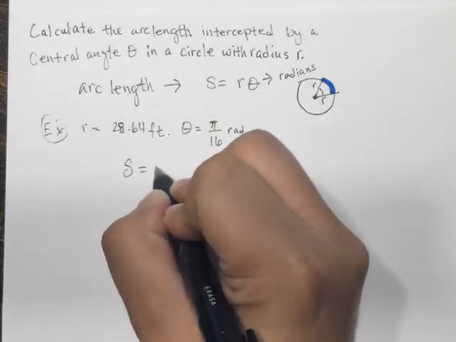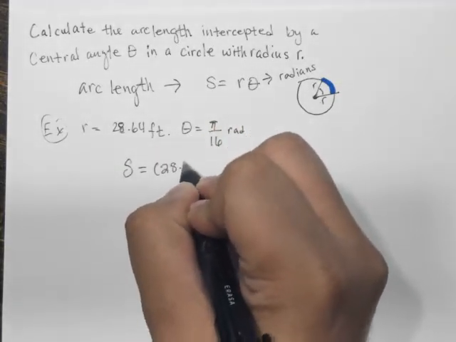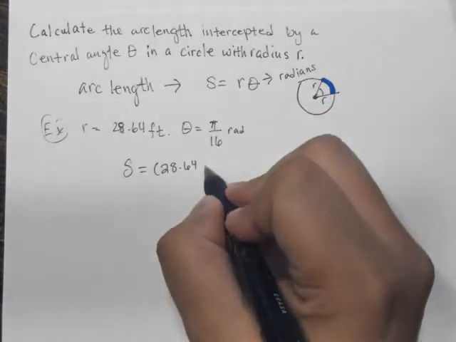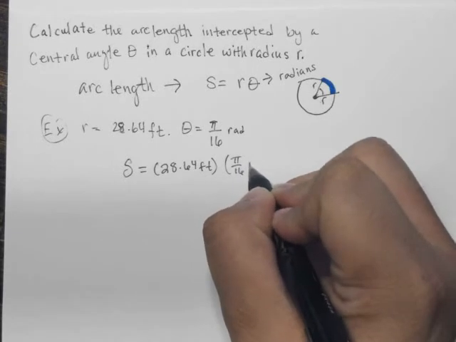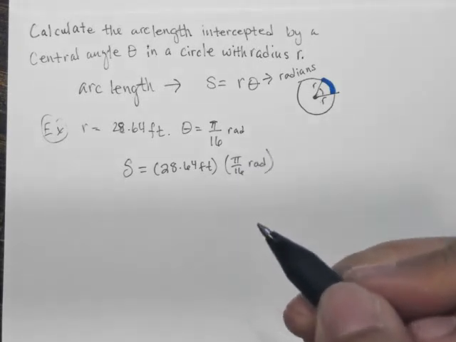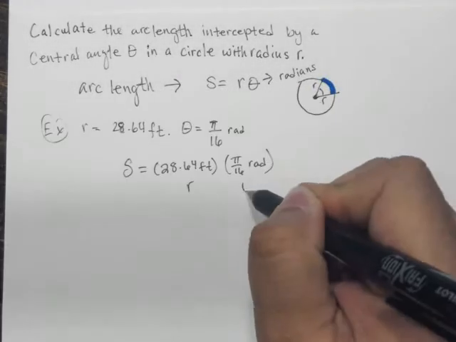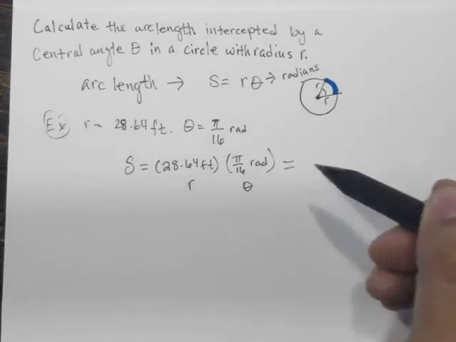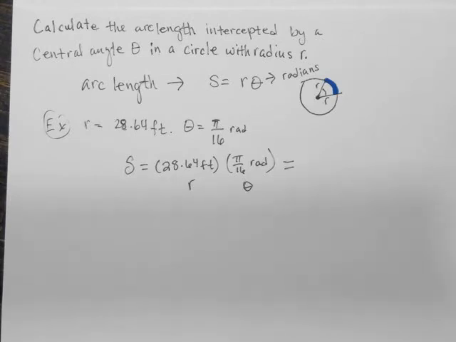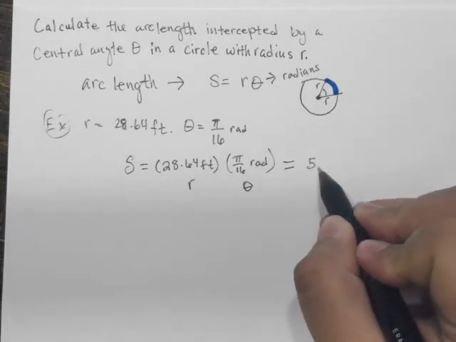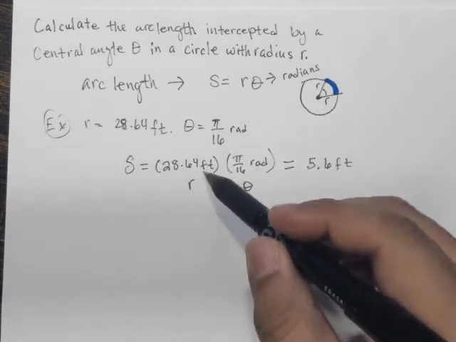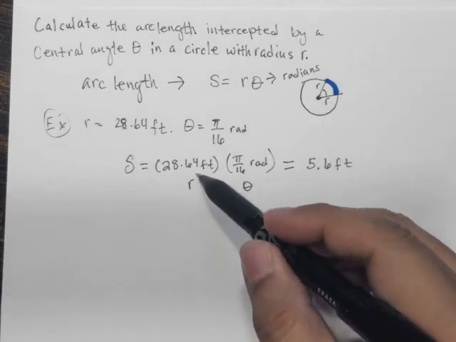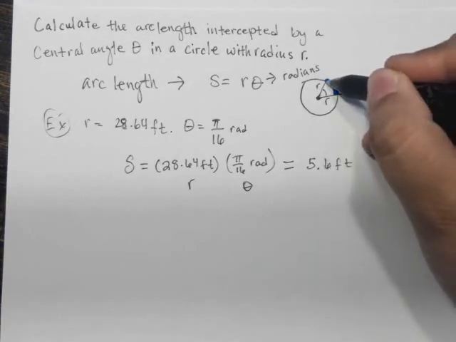S equals, in this case, R, which is 28.64 feet. And pi over 16 radians is the measure of our angle. This is R, this is theta. So you can go ahead and perform that operation on your calculator. And rounding to one decimal place, let's suppose, we end up with about 5.6 feet. So if we had this circle with a radius of 28.64 feet, I need about 5.6 feet to cover this